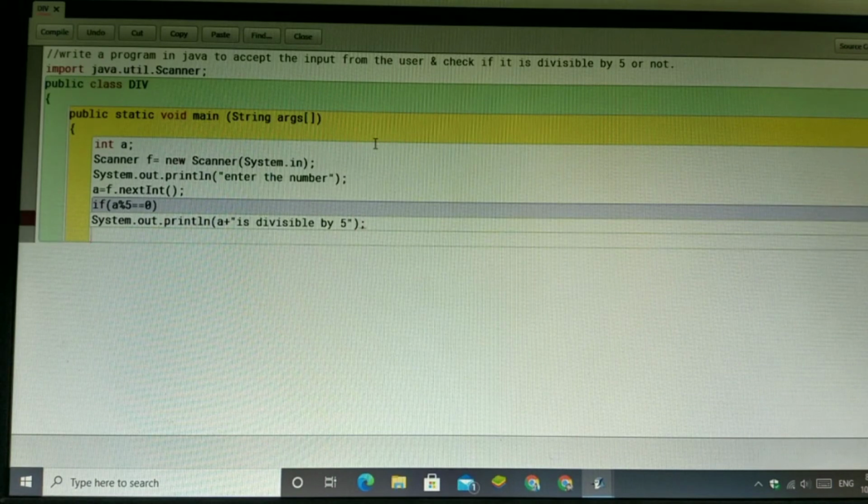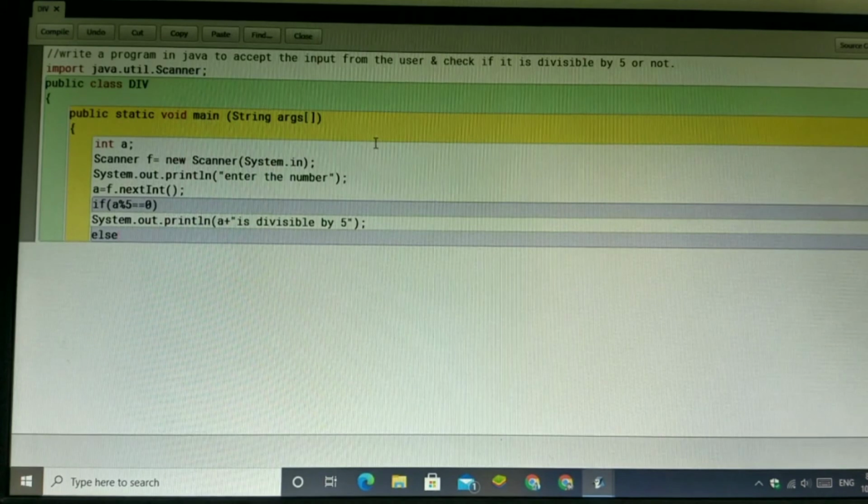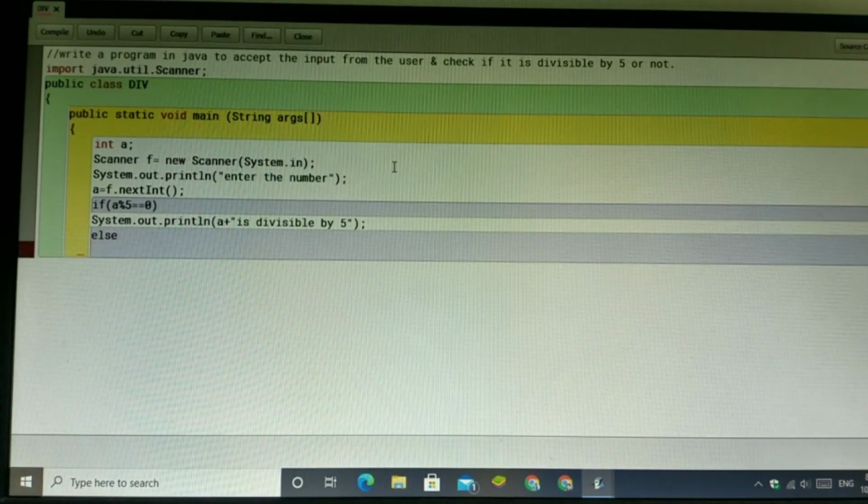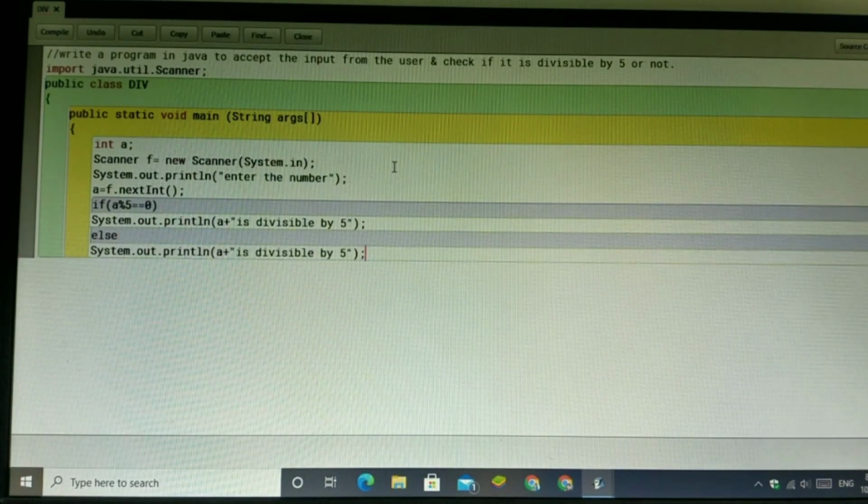Else, that number is not divisible by 5. You can write the if and else condition here. System.out.println that number is not divisible by 5.